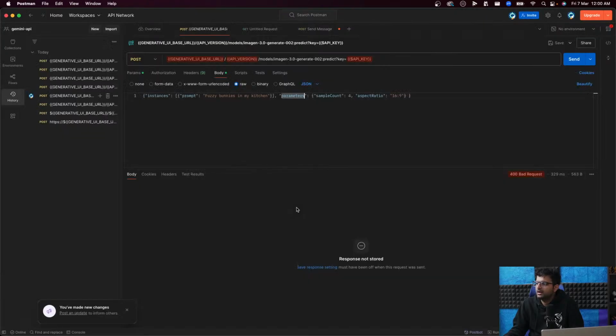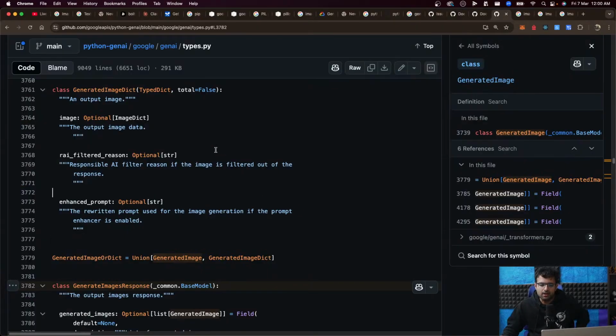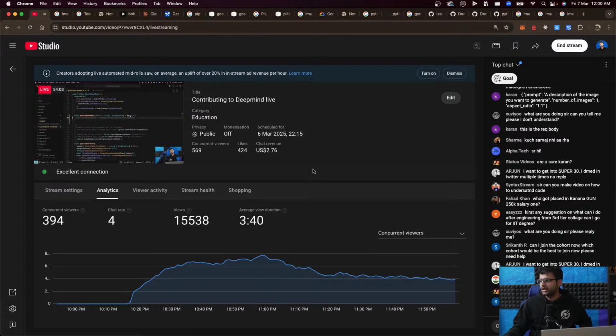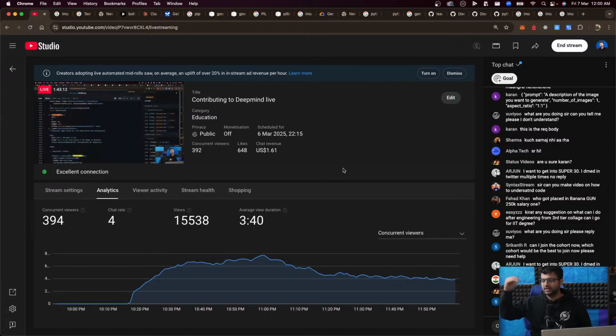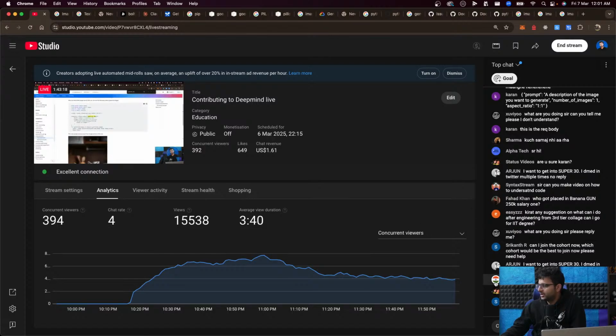Let me not PR it, but share a diff with you guys. Diff will be easier to read. So we can read through it together, what changed, how it changed, and then we'll dive deeper. There are still tests left, but happy to take a pause over here and see how you guys are doing. Do you guys understand what's happening? Or else